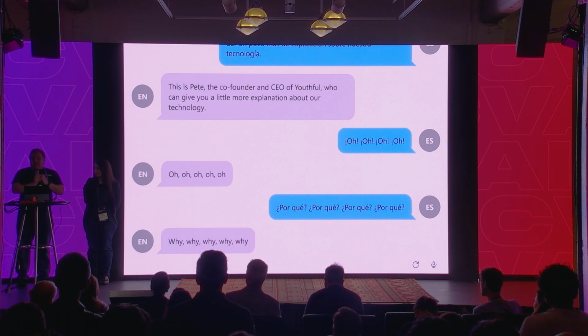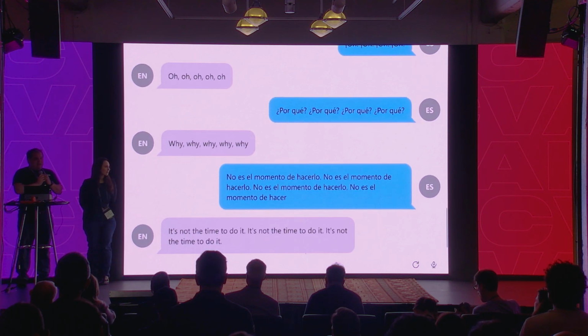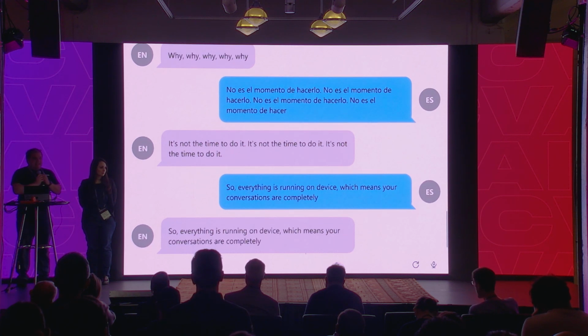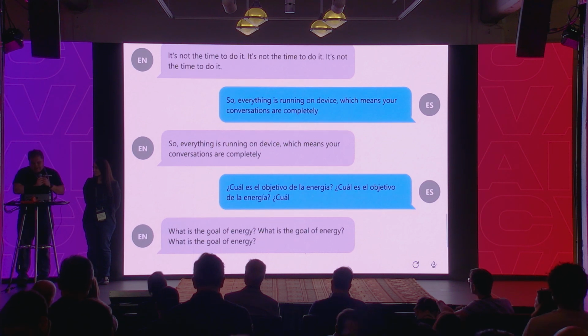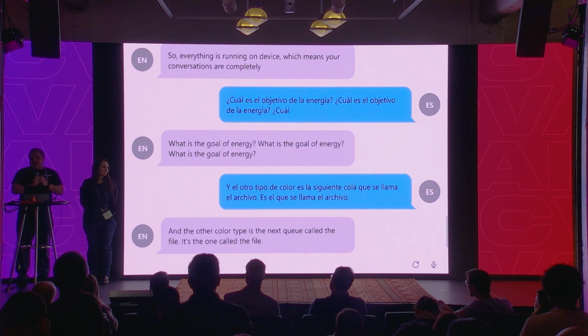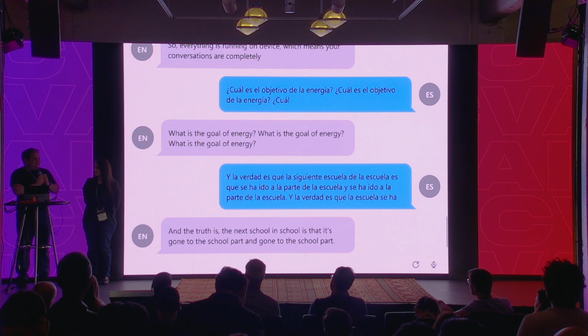And not only is it running with really low latency, it's running entirely locally. Everything is running on device, which means your conversations are completely private, with no internet connection. That also means you can set it up anywhere in the world with no initialization or accounts or anything else required. The speed and quality we're able to achieve has already had a big impact in the places where we've started to deploy this, the sort of places Jackie talked about, like doctor's offices,